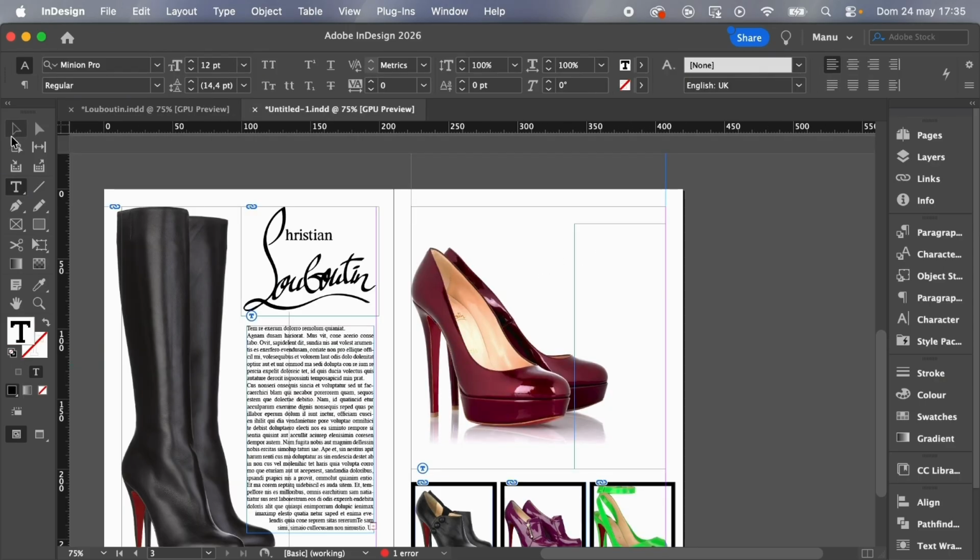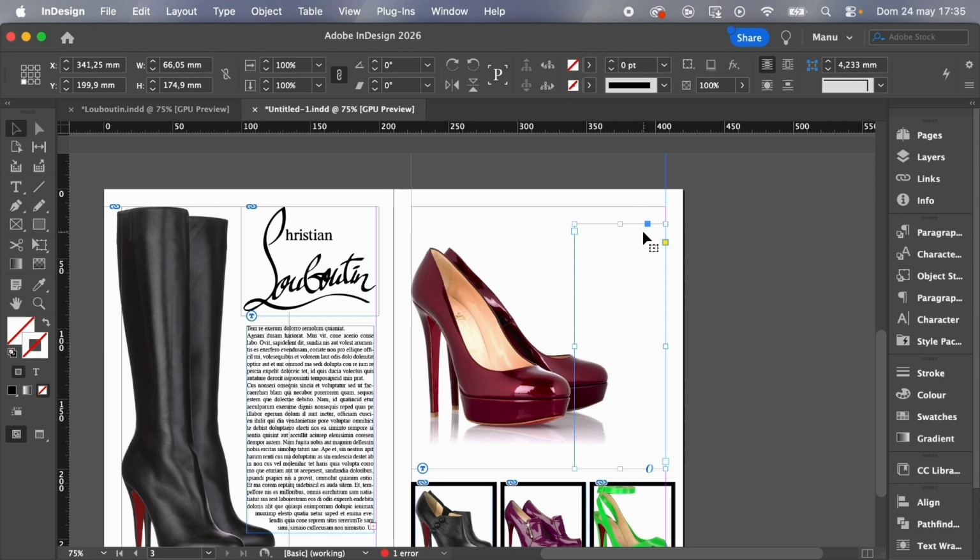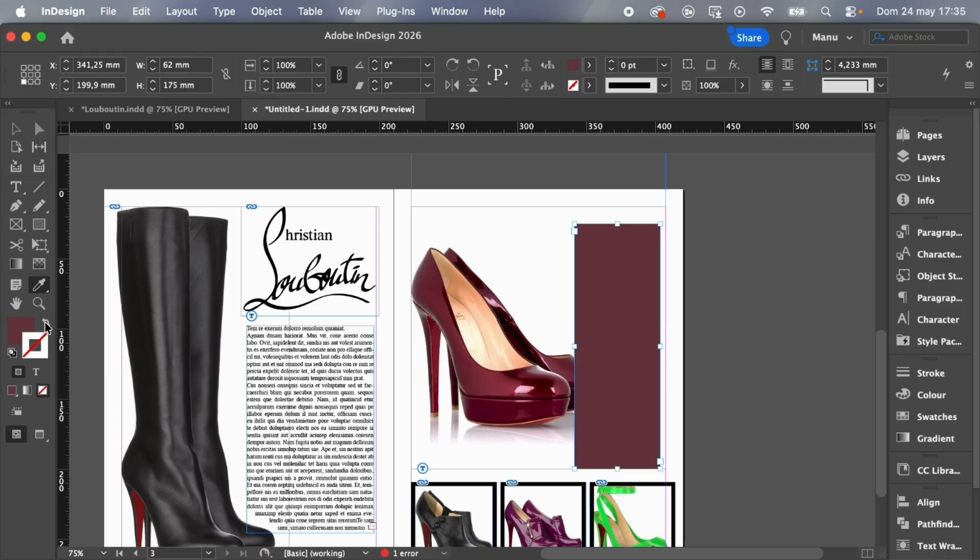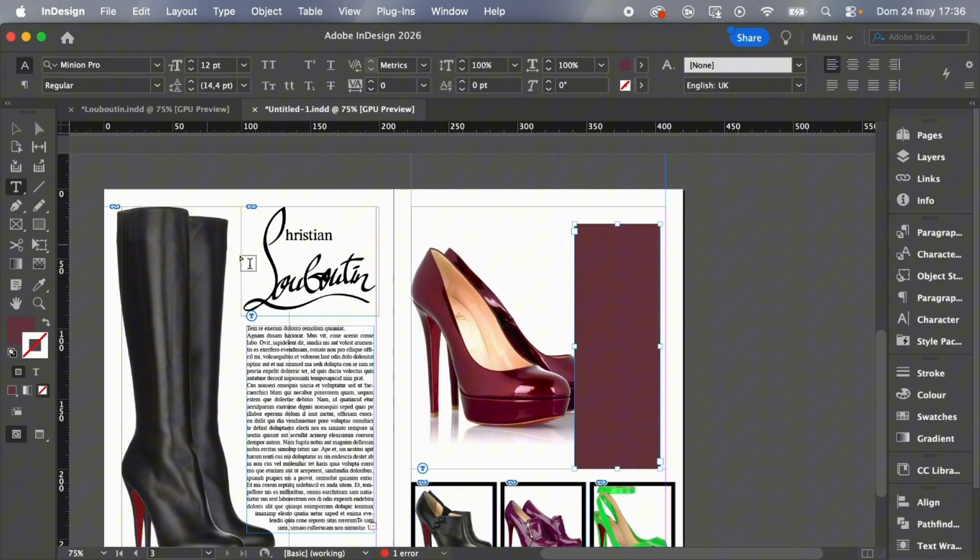Let's go. I select my text box, 62 width, 175 high. The color is more or less the same as the color of the shoes, so I will use the eyedropper tool and let's swap fill and stroke. Here we are. Time to introduce the text.